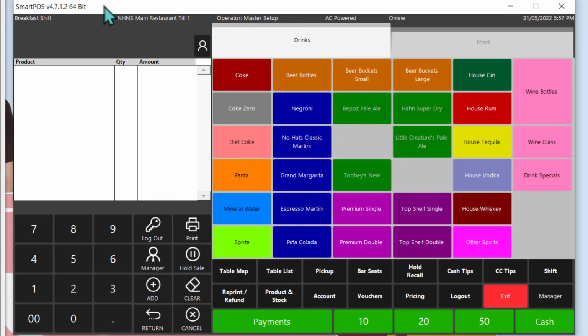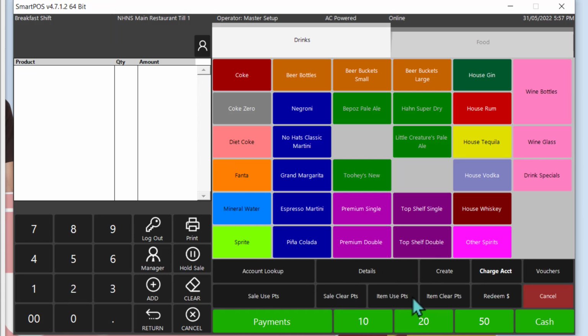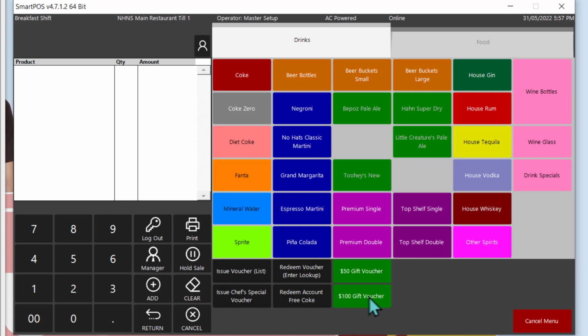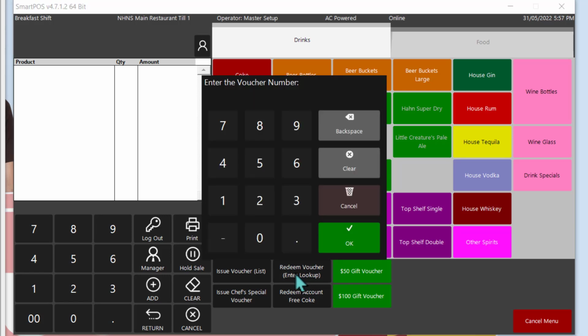Alright, so that's been done. I've issued a handful of different voucher types, or different voucher setups, to our account holder here. Now what I'll show you first is what would happen without attaching an account first. If I go to our vouchers till functions and redeem a voucher using this till function that's been set up without any configurations there, we will just be prompted